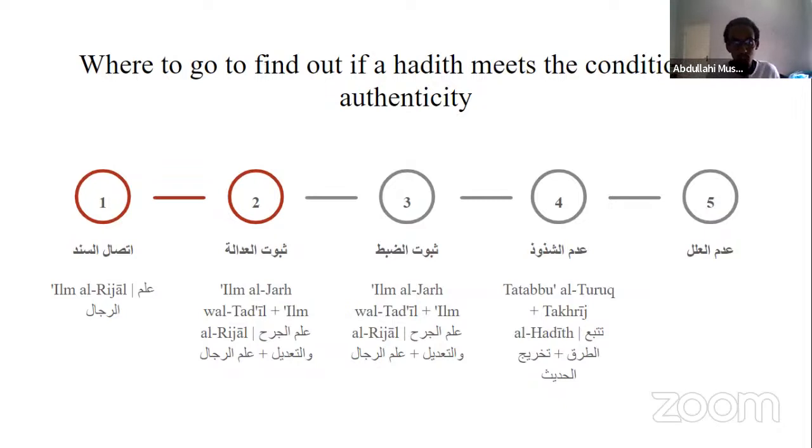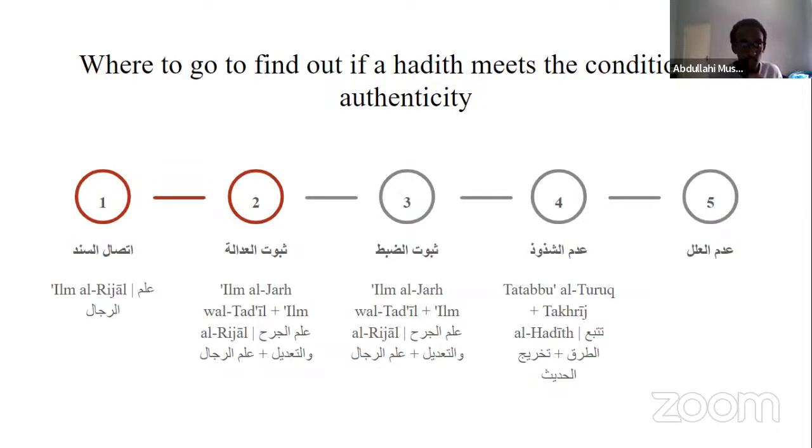So for example, some books might arrange the matan of a hadith in alphabetic order. Since this hadith starts off by saying لا يؤمن, you would go to a particular book and check lam, alif, la, then you look at ya, yu'minu, ya with the wow that has a hamza on top of it, la yu'minu, mim, nun, and then you'll find the hadith, la yu'minu ahadukum hatta yuhibba li akhi ma yuhibbu li nafsi, and then it will tell you, okay, you'll find this hadith in Sahih Bukhari, this chapter,